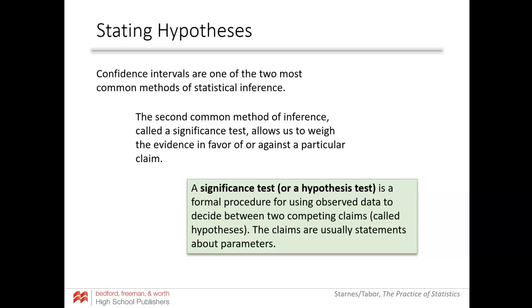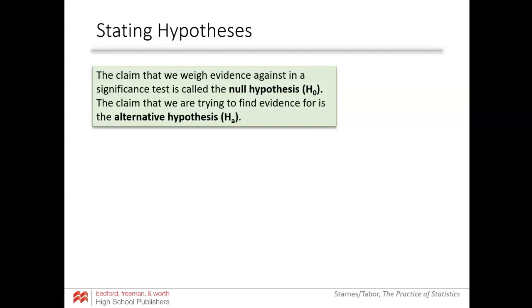And we can talk about that in class more about how we can use that context to think about these questions. So a significance test or a hypothesis test is a formal procedure for using observed data to decide between two competing claims, which are called hypotheses. The claims are usually statements about parameters. And that's going to be a big issue when it comes to the AP tests. They're going to have a caution note coming up here pretty soon about making sure we're talking about the right thing when we write down our